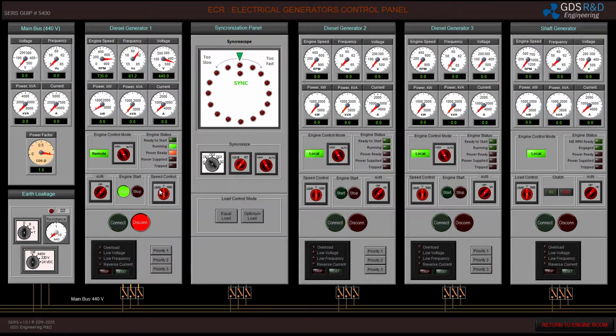I will lower the speed of the engine. I'll wait for a little bit for it to stabilize at 60 Hz.